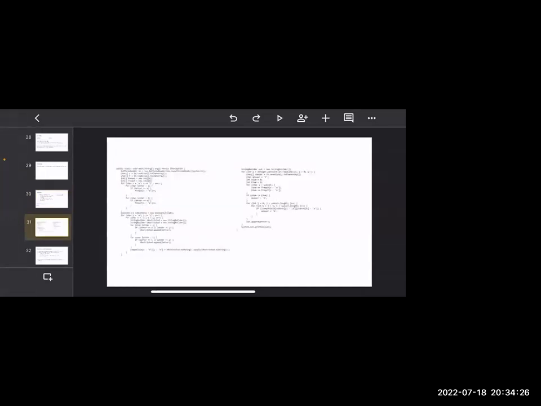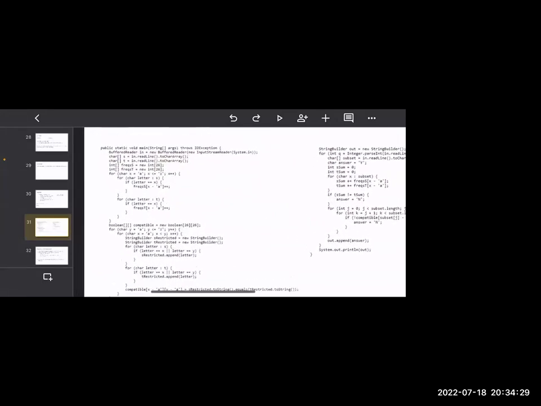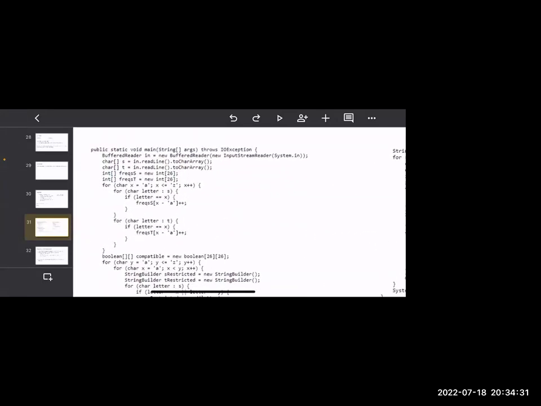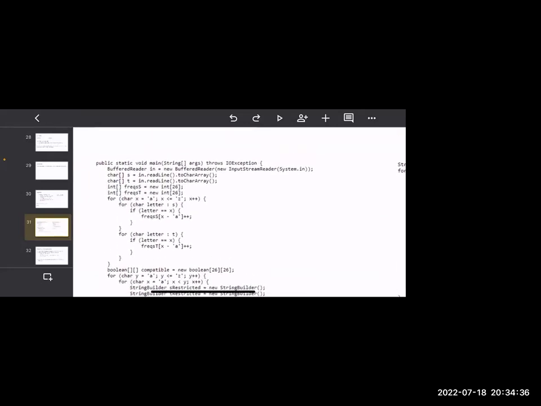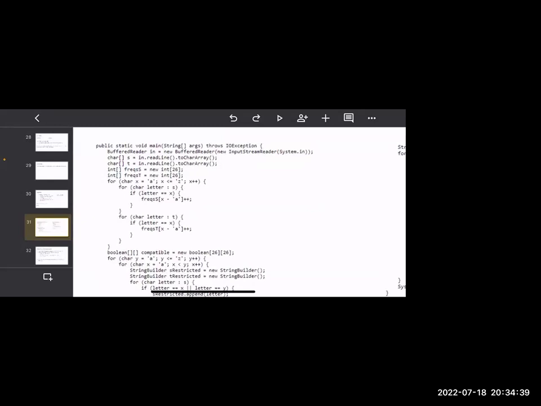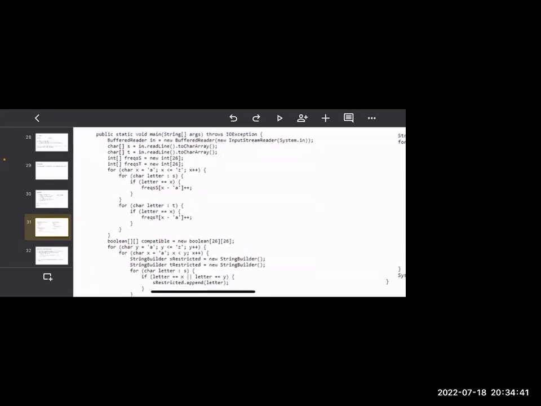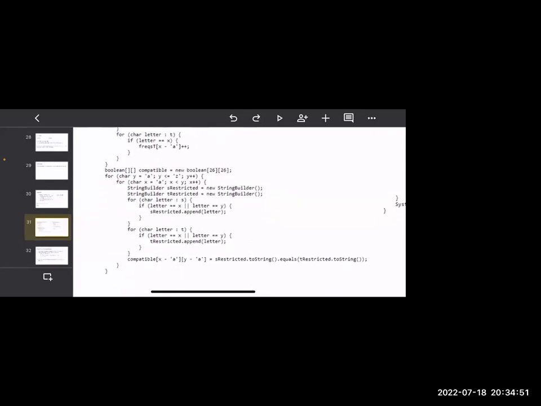This is in Java. It's a bit hard to read on the phone, so I will zoom in. As you can see here, this first step is the edge case. If the queries only have one letter, the freqs S and freqs T arrays will take care of that. And then we build this 2D cache, this compatible 2D Boolean array, where we build all pairs of letters,